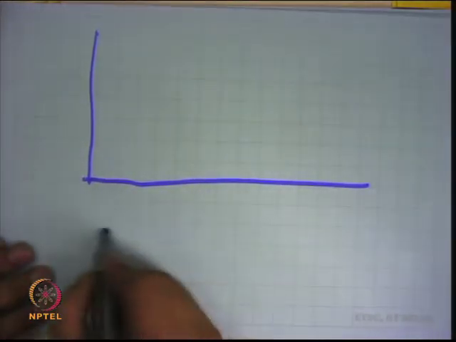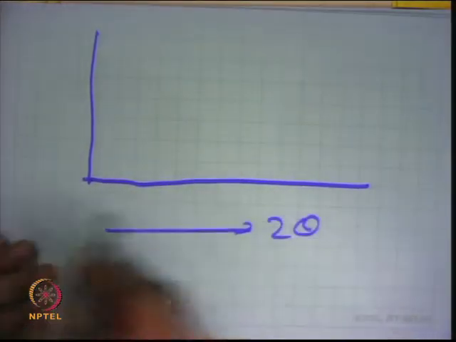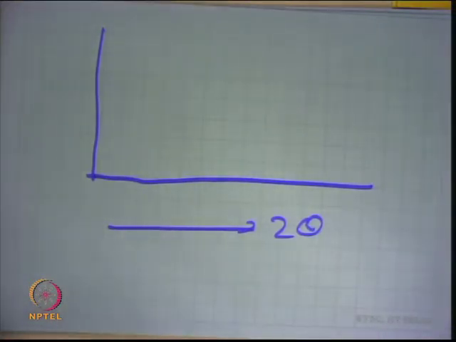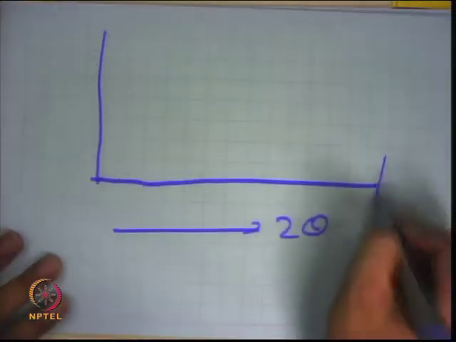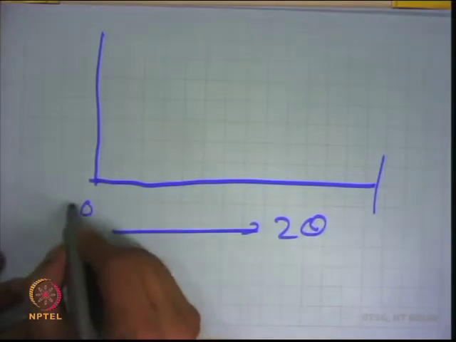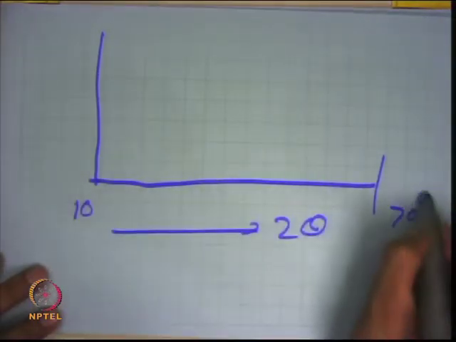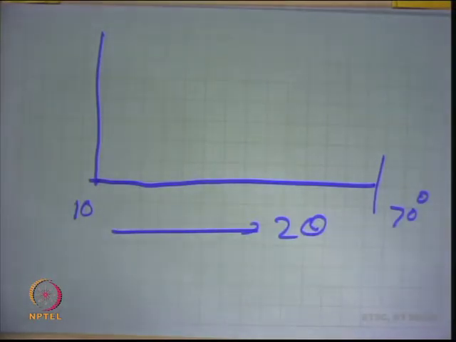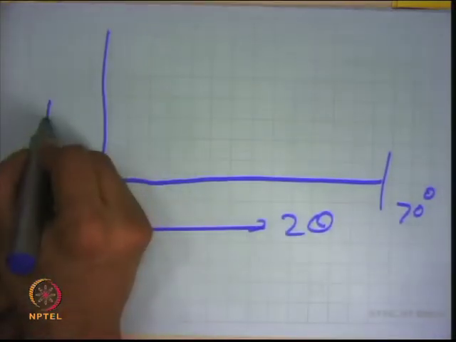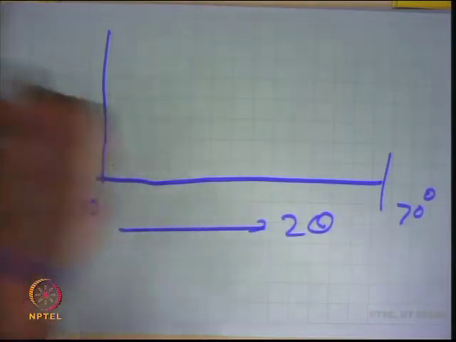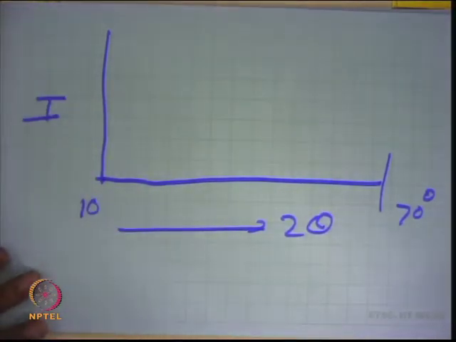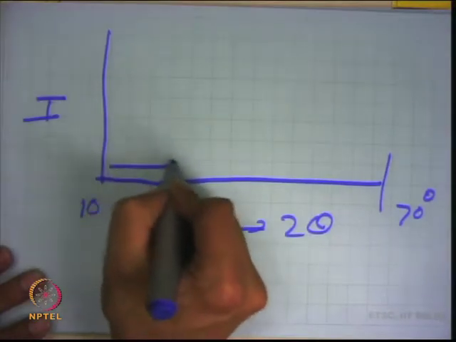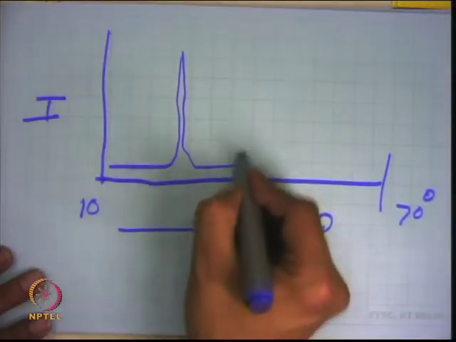so you have 2 theta here, and that depends on some preliminary survey of what range of 2 theta is required. It can be say 10 degrees to something like 70 degrees, but sometimes you need a smaller angle. So, you need small angle X-ray diffraction when you need the diffraction patterns at smaller angles. Then on this side you have arbitrary units and intensity.